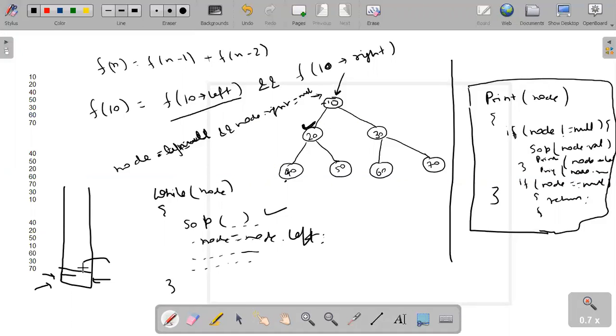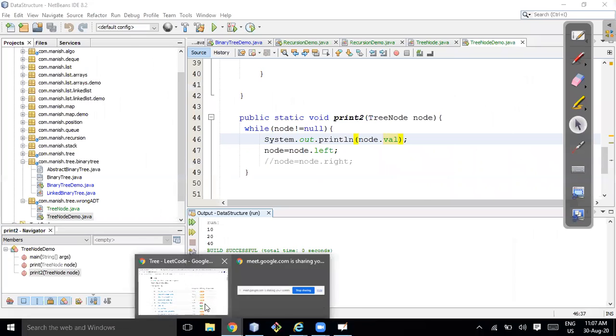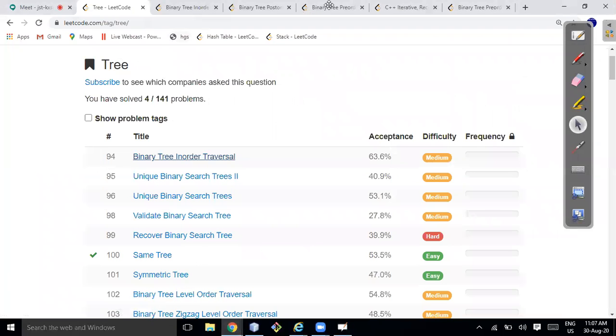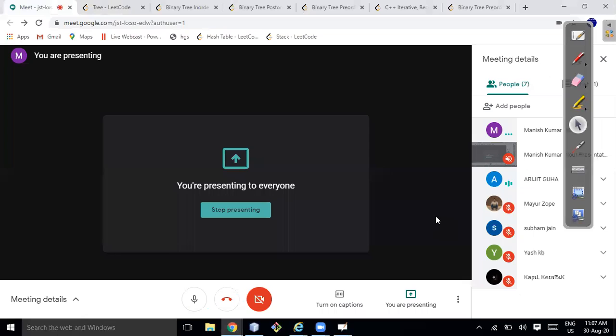You guys following me? So can we use a stack to print all elements iteratively instead of recursion? Is it okay to everyone? Yes, Manish, that's good. So give it a try.